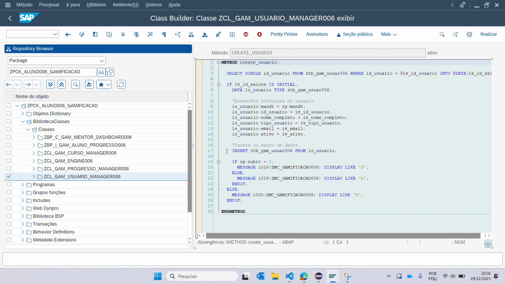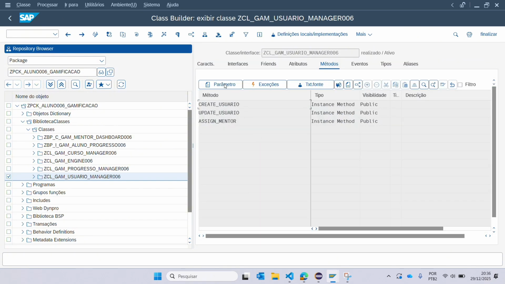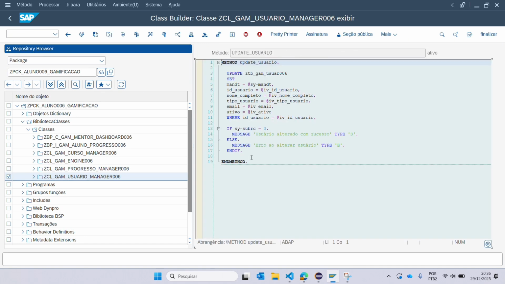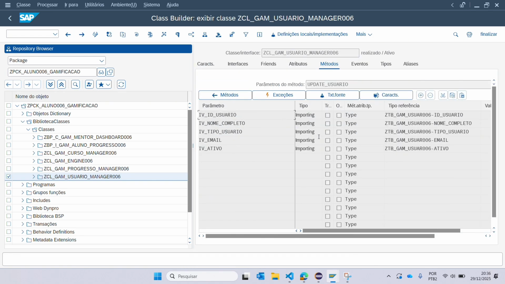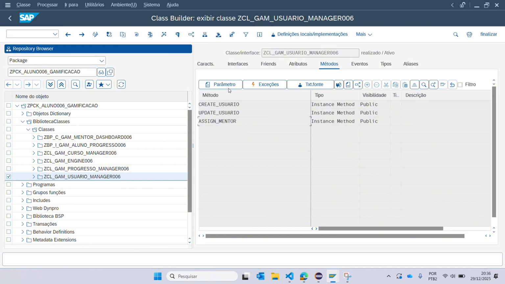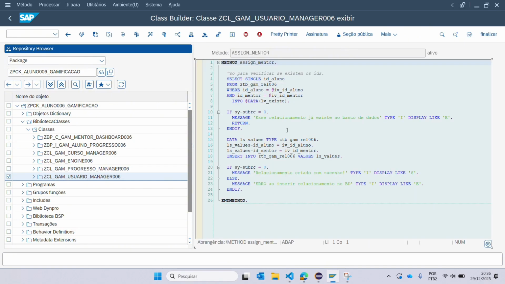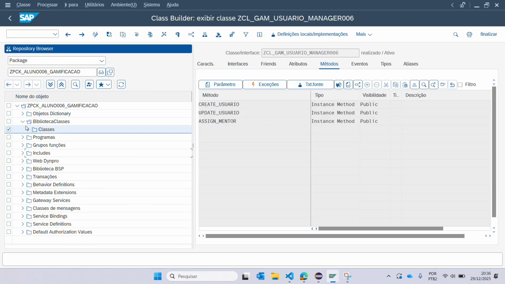In the create user method, I insert in the database table using the structure that is filled with the importing parameters, like you can see here. And the update user is almost the same, but instead of using the instruction insert, I use the instruction update, like you can see. And I also have the importing parameters. And then I can create a relationship between the student and the mentor in the database table. I insert in the relationship database table the IDs of the student and of the